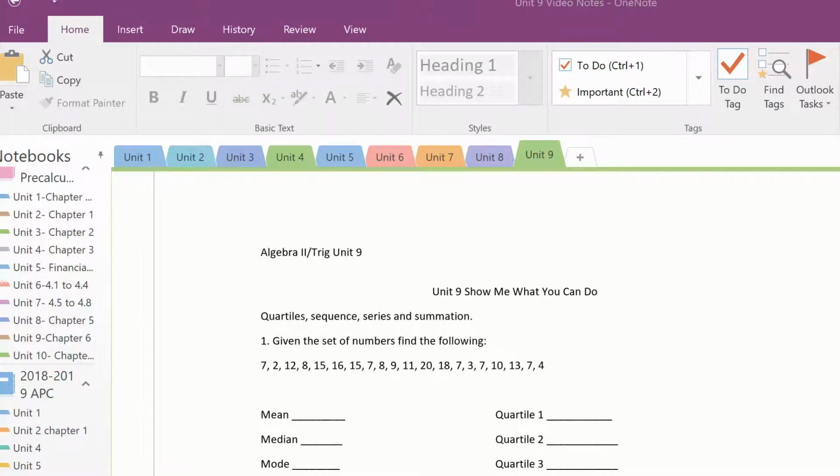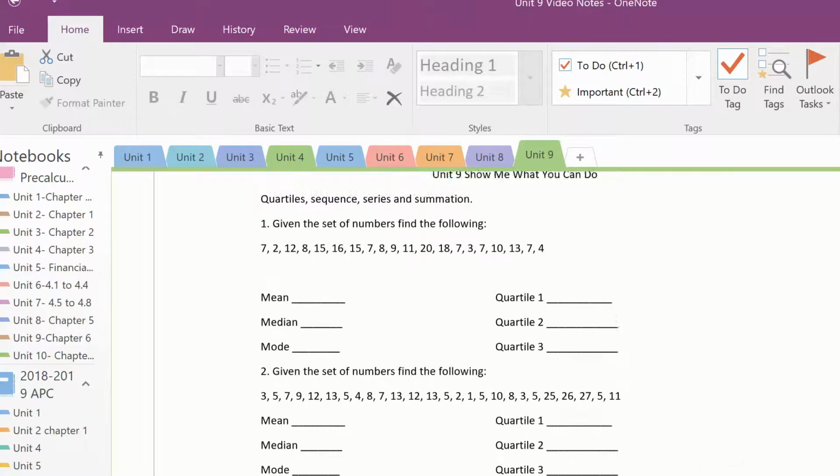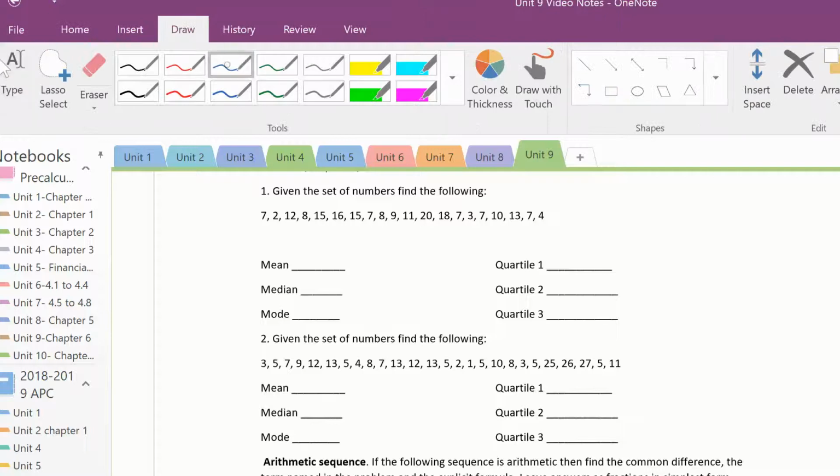We'll start out by doing some basic probability. The first thing that we're going to do is take a set of numbers and find some statistics based on that set of numbers. The first thing you want to do with any of these numbers is order them from least to greatest. So for example, here it's 2, 3, 4, 7, 7, 7, 7, 7,